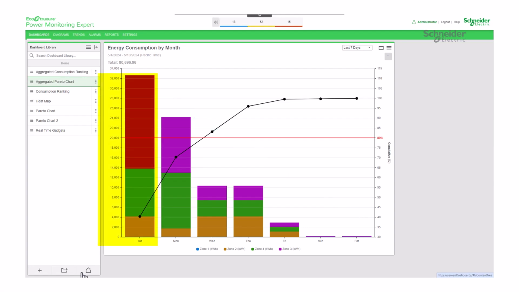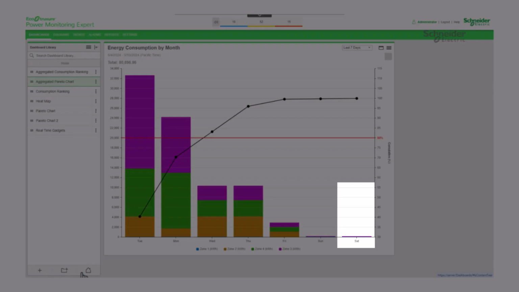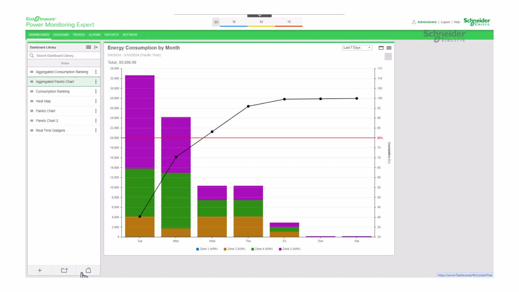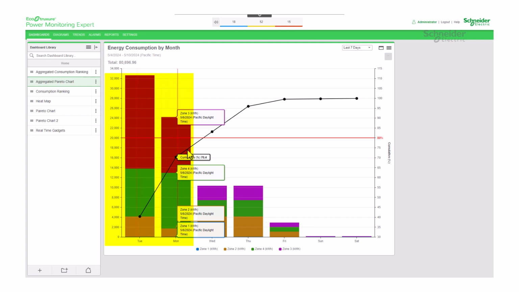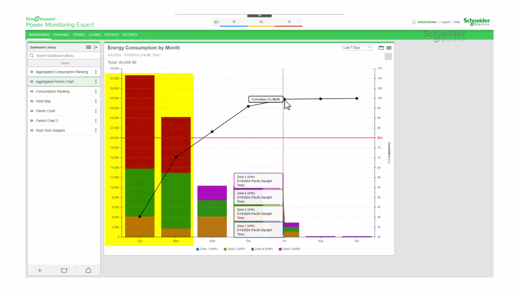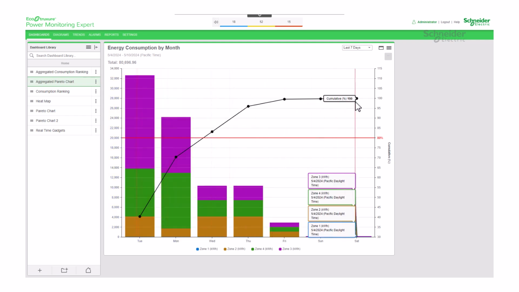This indicates that on Tuesday, the total consumption of zones 1, 2, 3, and 4 was the highest among the last 7 days, while Saturday marked the lowest total consumption across the 4 zones. Below the 80% line, we find Tuesday and Monday, suggesting that if the company wishes to implement a reduction program, closer attention should be paid to these high consumption days.